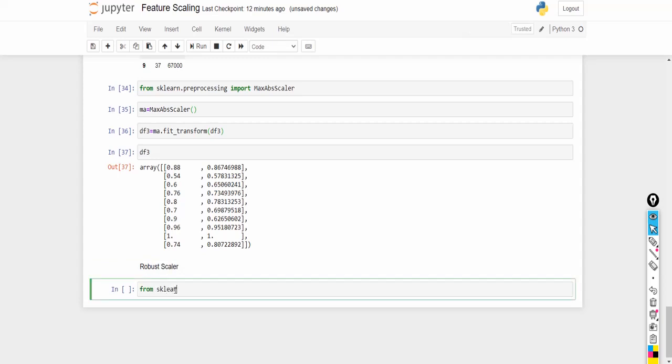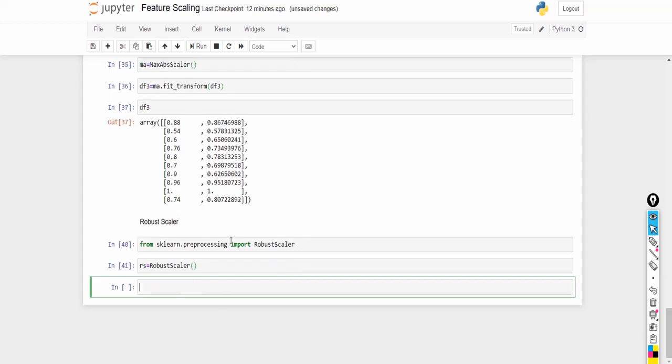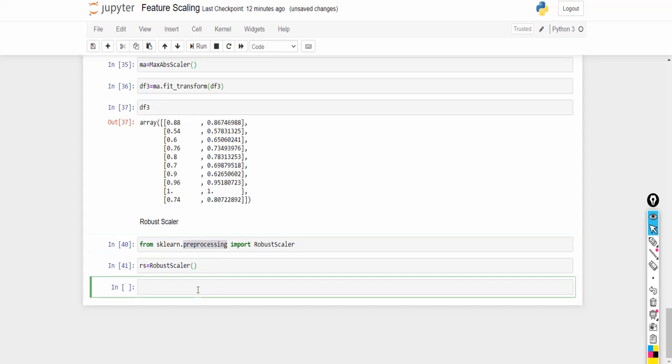So from sklearn.preprocessing import RobustScaler. Once you import this, you can create the instance of RobustScaler. So this experiment is very easy, right? All the steps which you are using, you have to follow the same steps. Everything you have to import from sklearn.preprocessing, create the instance, and apply it to the data frame.